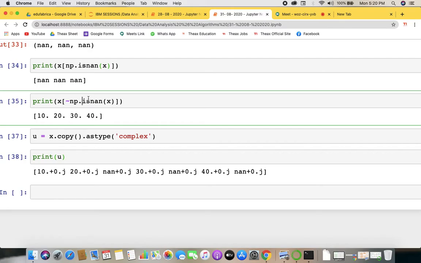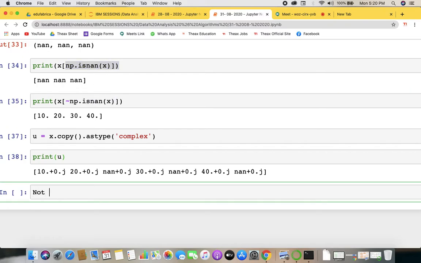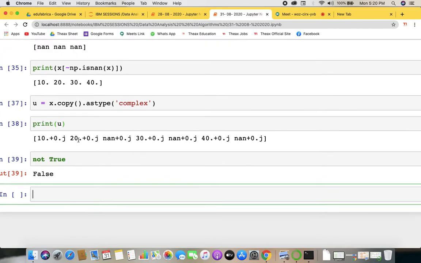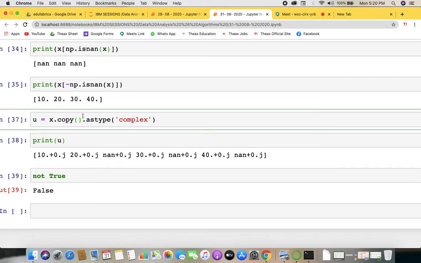So, but why put that? I mean, the purpose is to give the negation of this particular thing. With this we are getting all the NaN values, right? So if we don't want to find the NaN values, we can give a negation. Like we write not of true. What is not of true? False. That is the negation of true, right? Exactly. So for negation, we did that. Here we have created a copy of this X inside this U, and then